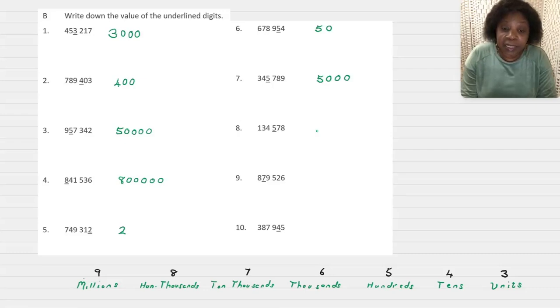134,578. The digit underlined is the number 5. The value of the 5 is 500. Then we come to question 9. The number we have is